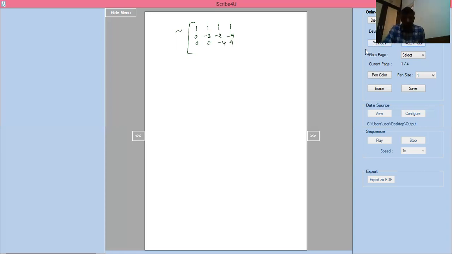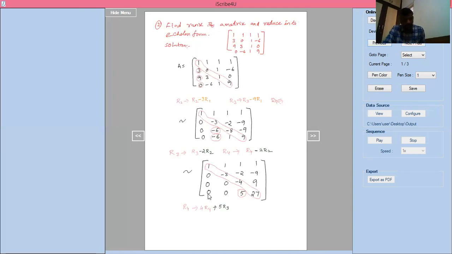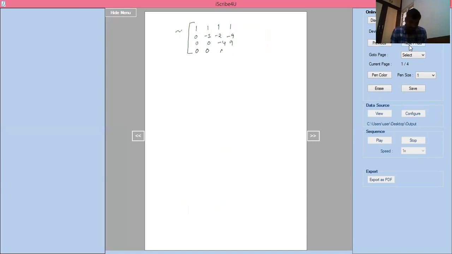See here, I'll show the previous one. The operation I have written is 4R4. This one should be 0, this is also 0. 4R4 means 4 into 5, 20. Then 4 into 5 should be 20. Minus 20 plus 20 should be 0. So the first 3 elements should be 0, 0, 0.